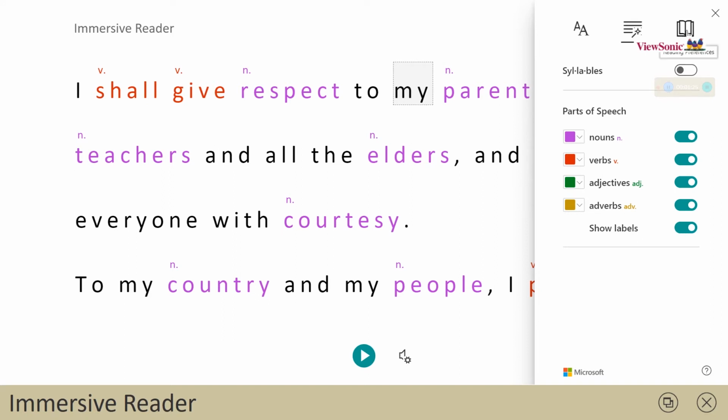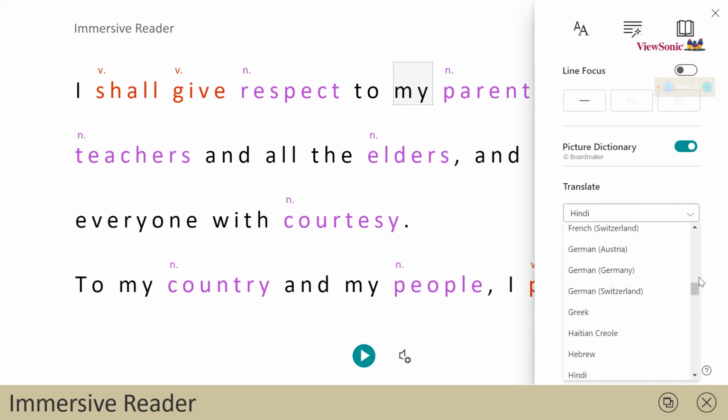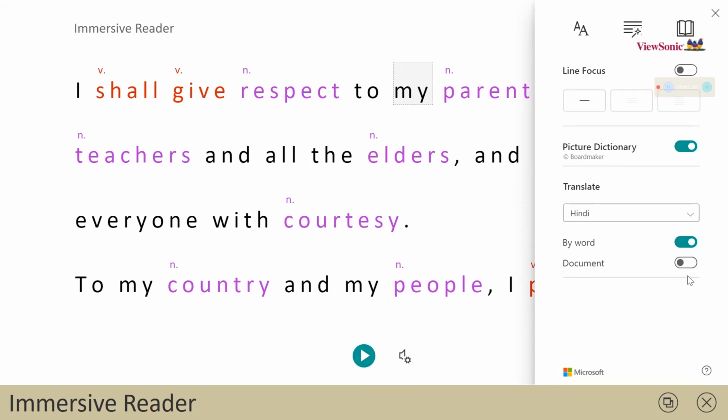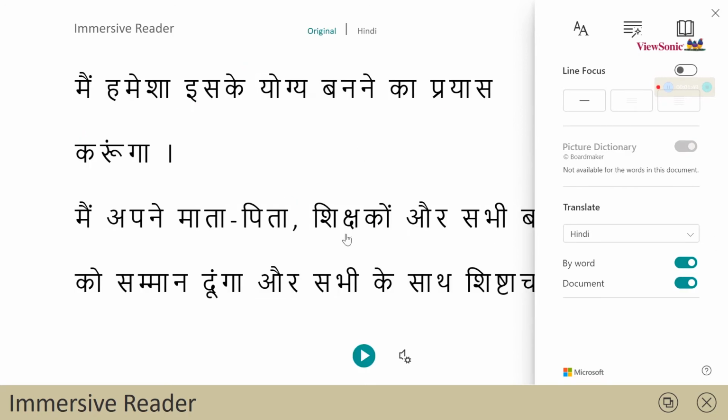And the last feature is that it can translate the whole paragraph into other languages, like Bangla, Hindi, Kannada, Tamil in Indian languages. Let's take an example of Hindi. The whole document will be converted into Hindi like this, and you can play it also.